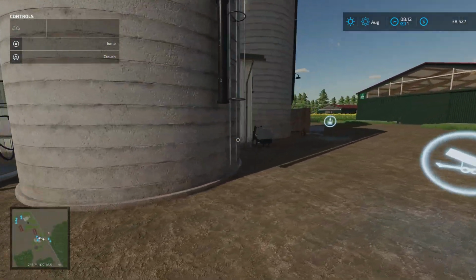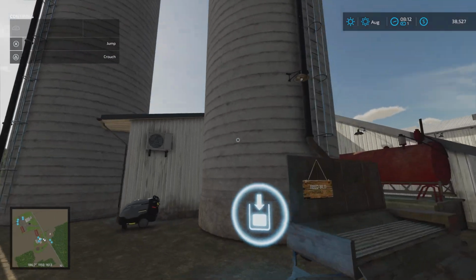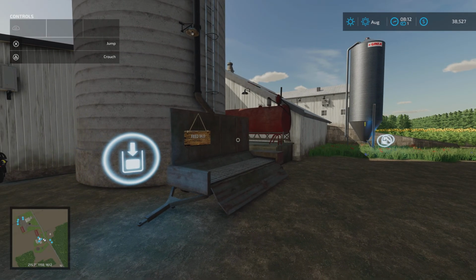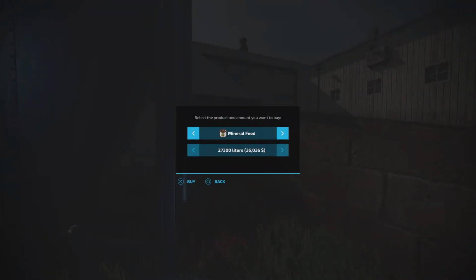25,000 litre. This is one of the fermenting silos. Now, when I say, not say clunky is probably the wrong word. The American silos, we've got a feed silo just here. So this is part of the White Farm pack. Now this is not a mod review of the White Farm pack. We've got a Karma 16 silo here for seed and mineral feed,